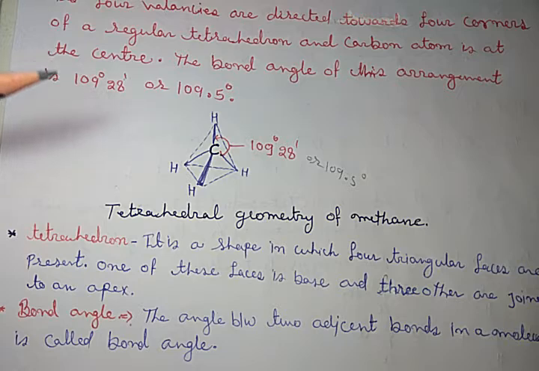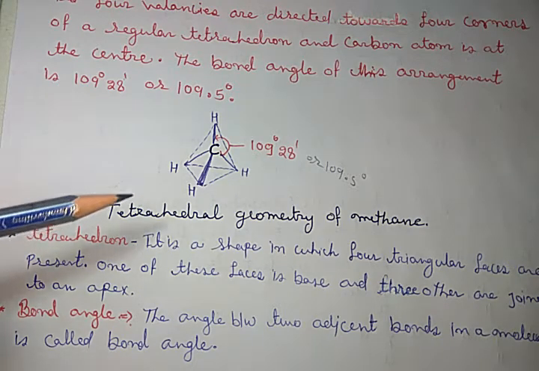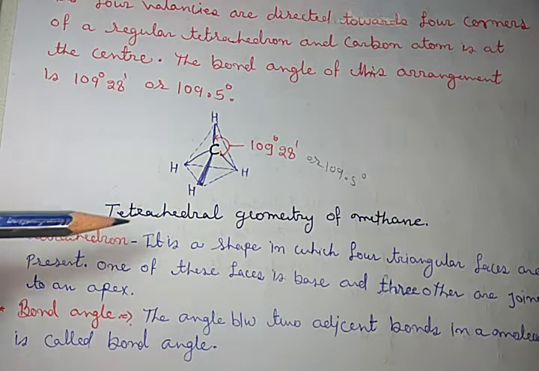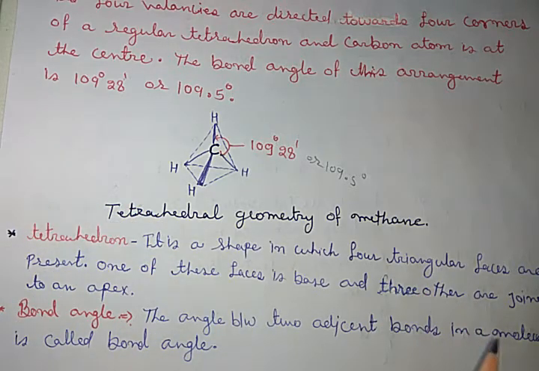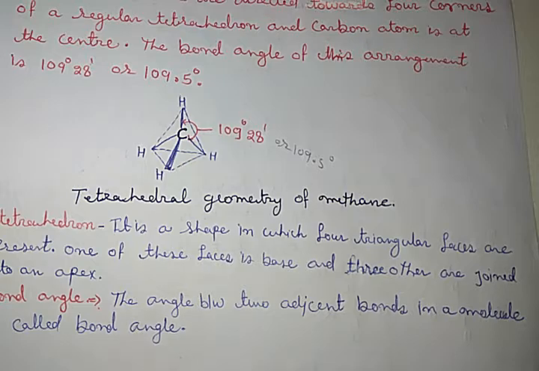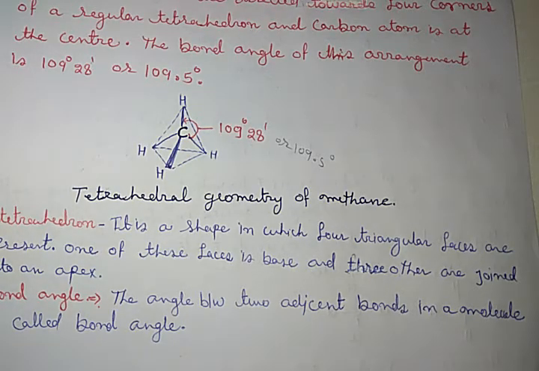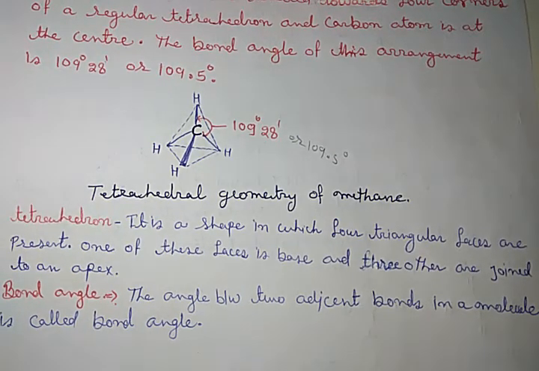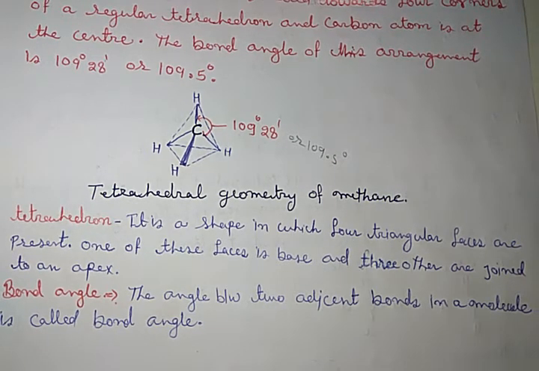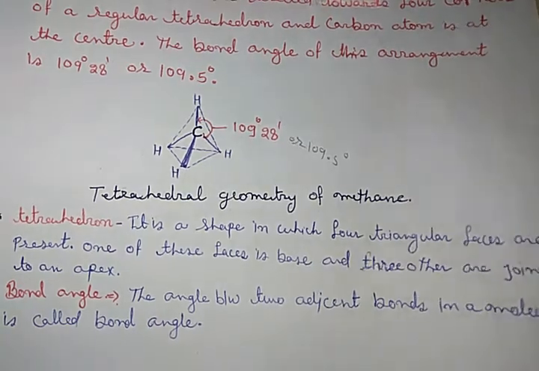Now, at this point we discuss two topics, that is tetrahedron and bond angle. So we will discuss that. What is a tetrahedron? It is a shape in which four triangular faces are present. One of these faces is the base, and three others are joined to an apex. In this arrangement, there are four triangular faces, out of which one is base and three others are joined